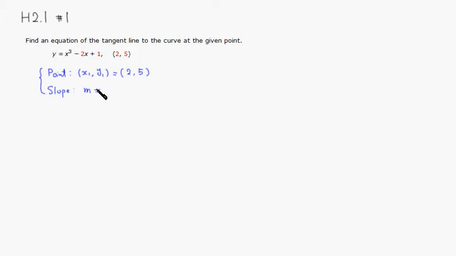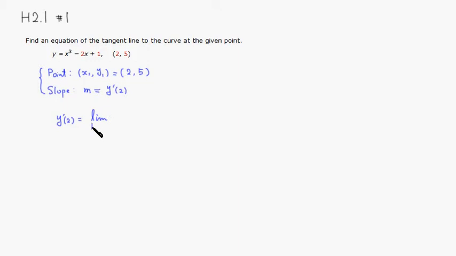So we need to find the derivative. It's y prime, and then we need to plug in 2 into it. So let's find that. We want to find y prime of 2. This is going to be equal to a limit